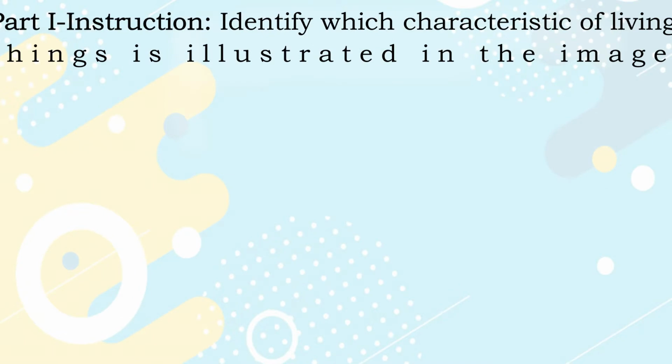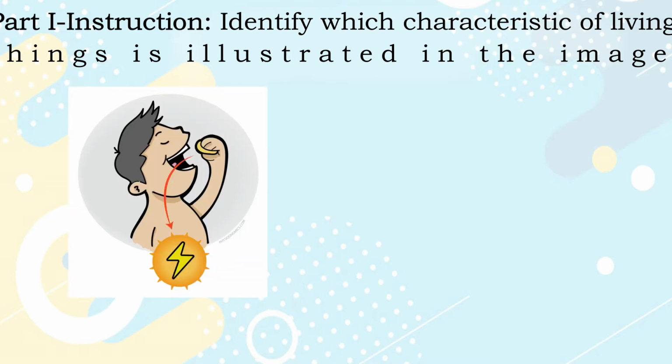Before we start our discussion, let's have first our activity. All you need to do is identify which characteristic of living things is illustrated in the image. You may type your answer in the chat box or in the comment section. I'll give you 10 seconds for every illustration for you to have time in answering. For number 1 illustration,